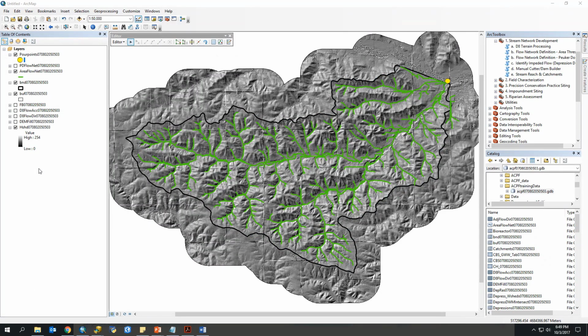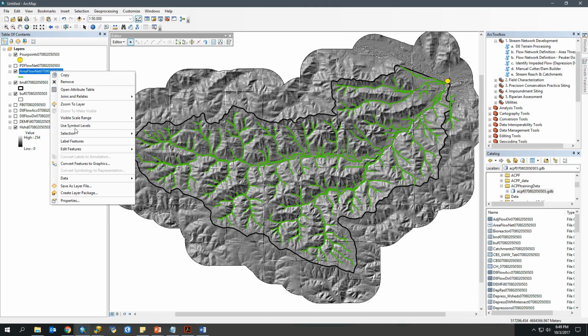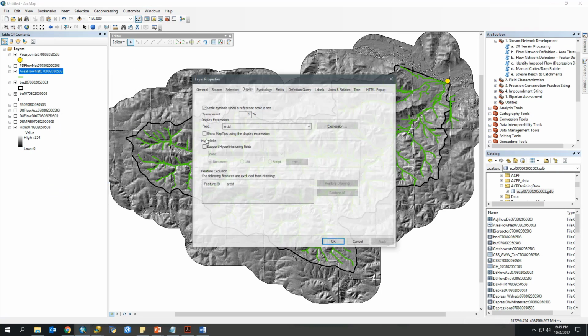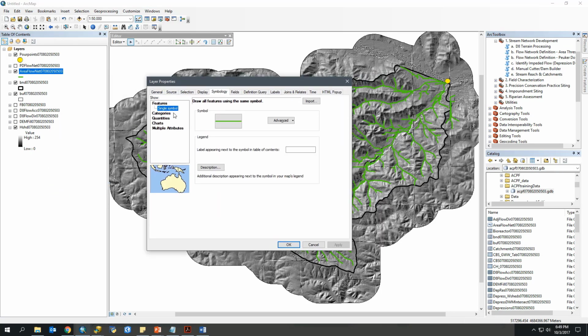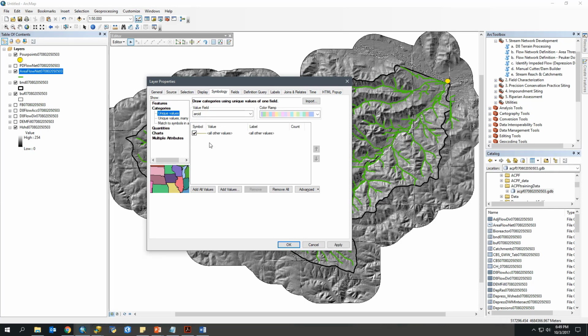So something that I find helpful to do once I begin defining my perennial network is to go into the properties and symbology and to start symbolizing it by that stream type value. So we'll go to stream type, add all values, and we see we have that 0 and then a 1.